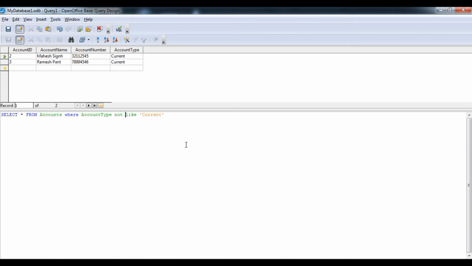If I am going to use not like current account, then saving will open. So you can see student, by this particular way we can check this. Suppose we apply equal, that will work as the like option. If we are going to say it in this condition, now you can see that this is also not.